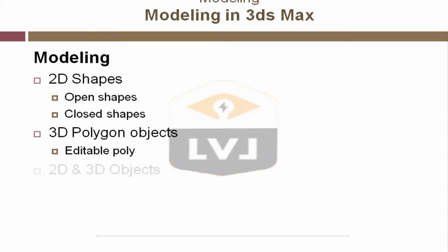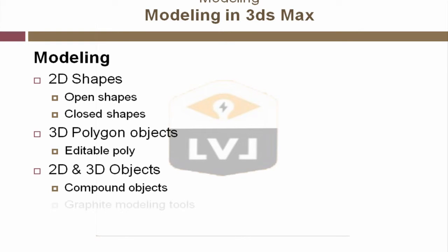From there, we'll look at a combination of 2D and 3D objects to create our final 3D objects. We'll look at objects called compound objects, one of which will allow us to cut a 2D shape into a 3D object to define the edges of roadways. We'll look at using the graphite modeling tools in more detail so we can create our 3D objects and edit